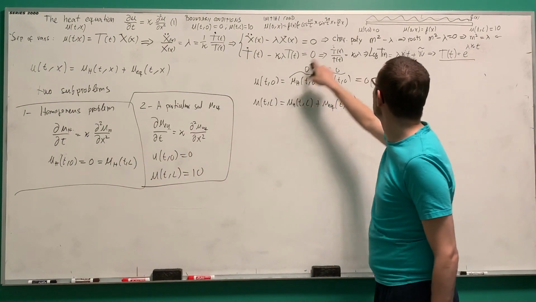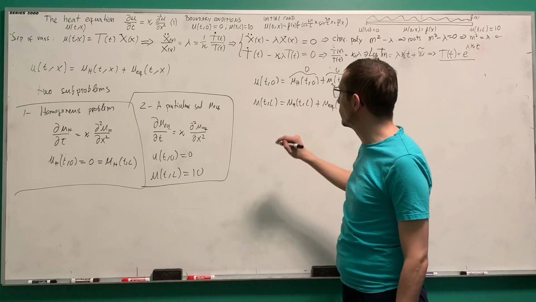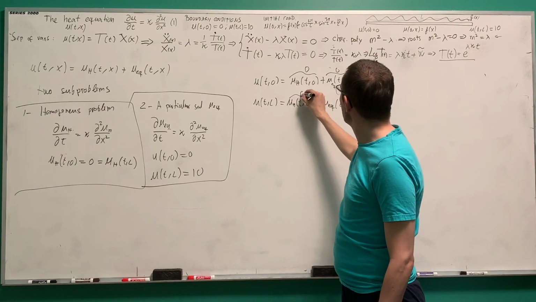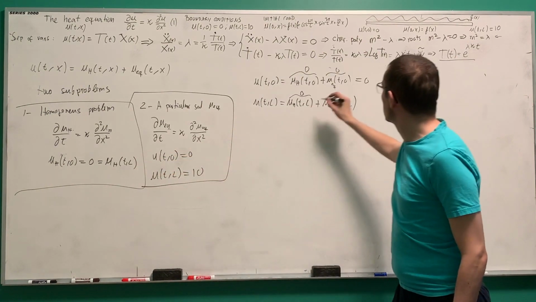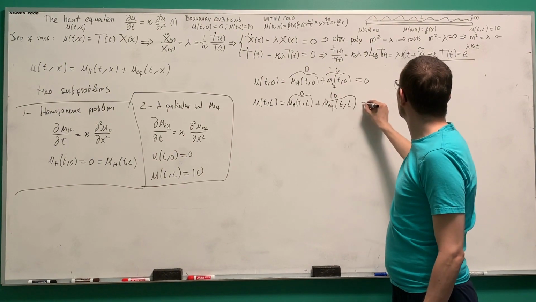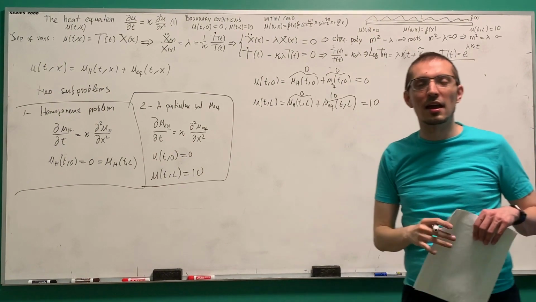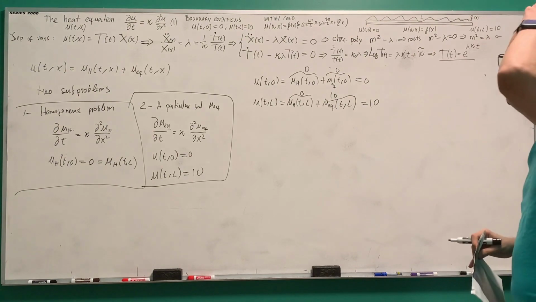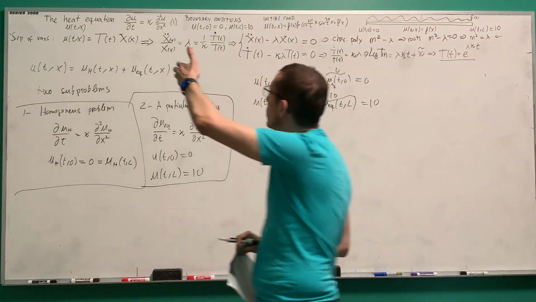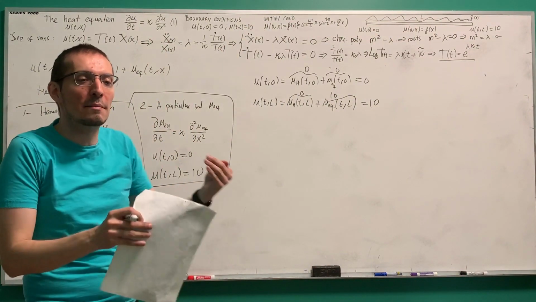So wonderful, u(t, 0) is 0, it satisfies it. What about this one? Well, this one is 0 and this one is 10. Oh, wonderful, so its total is 10, so it satisfies the boundary conditions. You see? So if I have the general solution to the homogeneous problem that captures all the dimensionality, here is